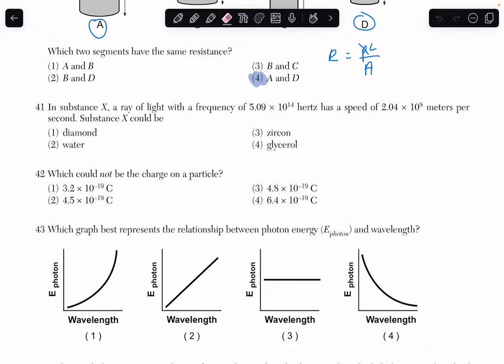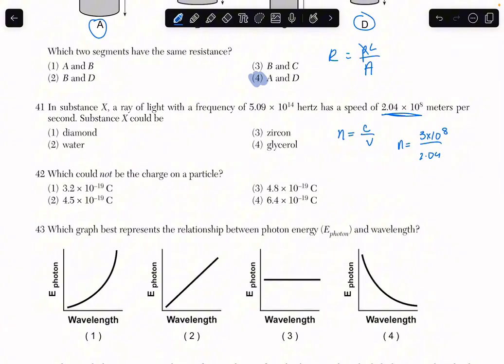So if you look on the reference table, the equation we should be using is n equals c over v. Since we already have c, it's the speed of light, which is a constant, 3 times 10 to the 8th, and we have velocity, which they just gave here. So n equals 3 times 10 to the 8th over